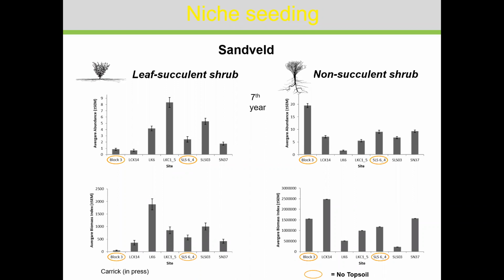So this is showing again, now we're looking at the top, we're looking at abundance, at the bottom we're looking at biomass, so similar to what we saw in the glasshouse experiment. And these are different soils within a mining area. That's why they have such weird names. They refer to mining blocks. But you can see block 3, for instance, is a soil that had a mining area that had no topsoil. And there's very little biomass of, we put in something like 20 species, very little biomass over a long time period